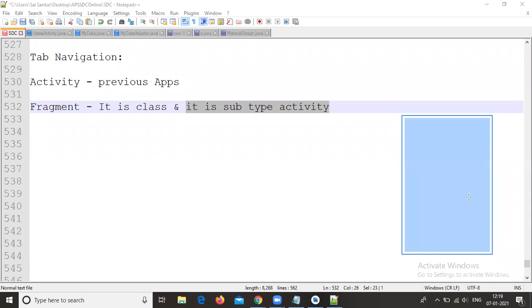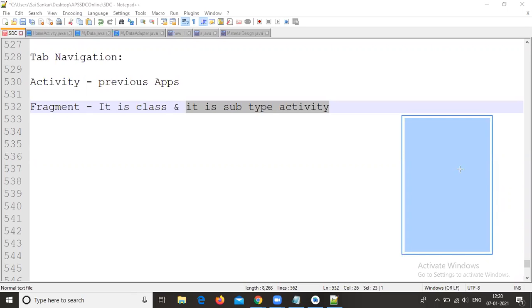This filled color is a fragment, but in the background the activity is available. By default we create one activity, like this blue color line, and after that we create the fragments. You can create any number of fragments based on your application requirements.